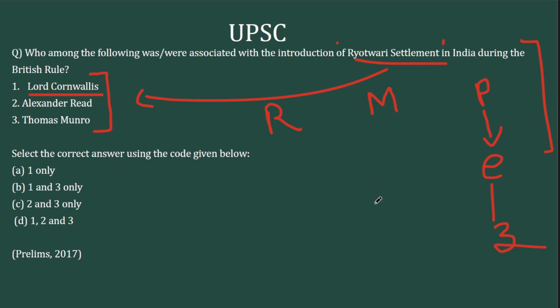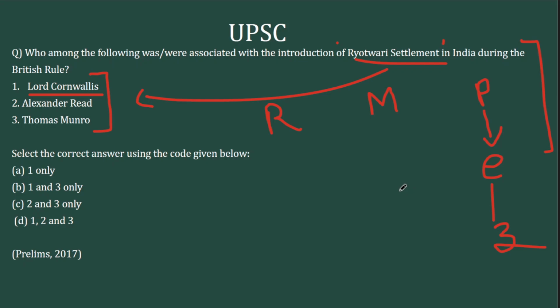The zamindar will be the hereditary owner of the land, and you fix the revenue permanently. So for example, if the revenue is 100, the zamindar just has to pay 100 even after 10 years. The zamindar can collect 200 rupees but just has to pay 100. It will be permanently fixed. So the surplus that is generated will be the incentive of the zamindar. What happened is the British fixed the revenue to be 500 in the first place. So the zamindar was not even able to collect 500, so their land was getting auctioned.